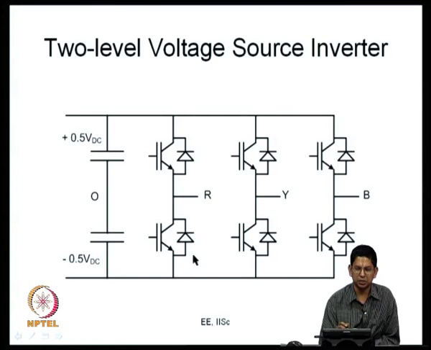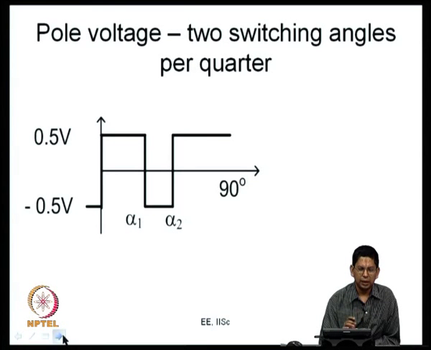There are IGBTs which can handle voltages of the order of 3000 volts or so, and the currents also go into 1000 amperes and so on. It is possible these days to realize IGBT inverters up to power levels of even a few megawatts. When the power level is high, typically the switching frequency tends to be low. Low switching frequency is useful for high power drives, but what we are interested in is that it gives us a nice opportunity to learn pulse width modulation.